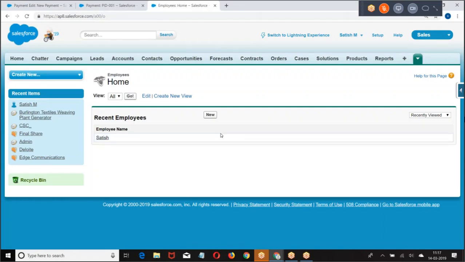Previously it failed because I have a child. Now when I am trying to delete a parent, first delete the corresponding children, then delete me. Now that it is possible, I am going through a before delete trigger. So before delete, after delete. I hope you are good with this concept.